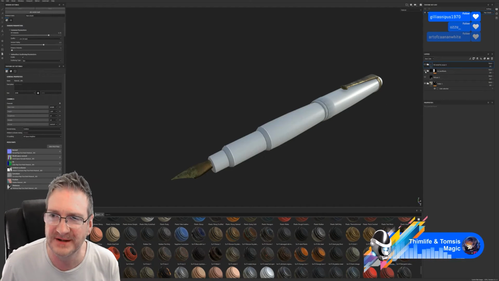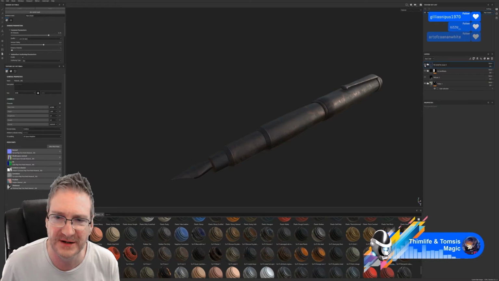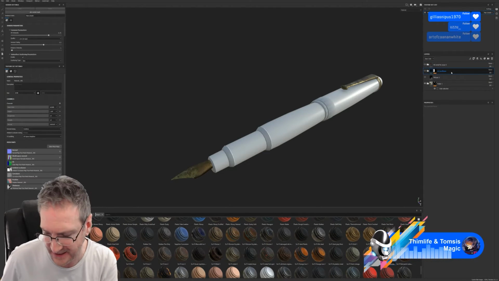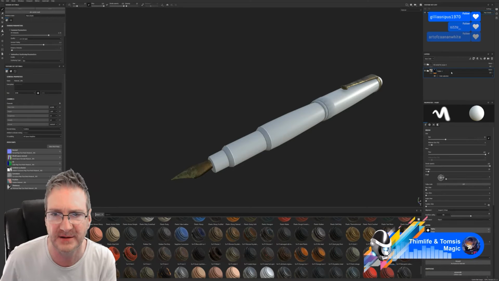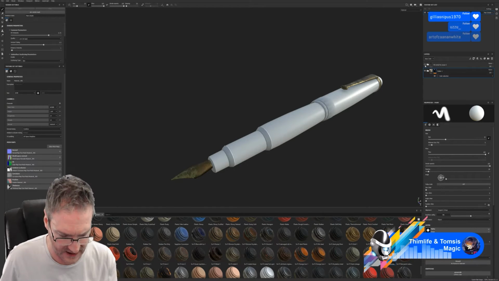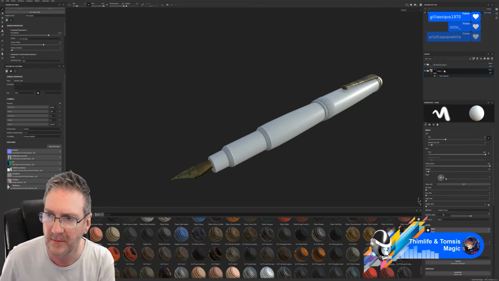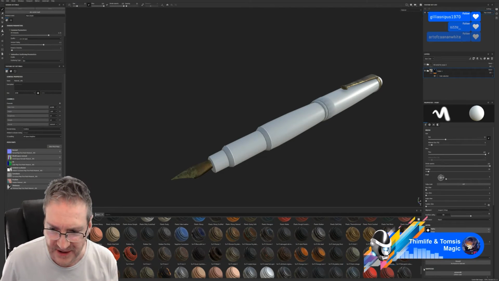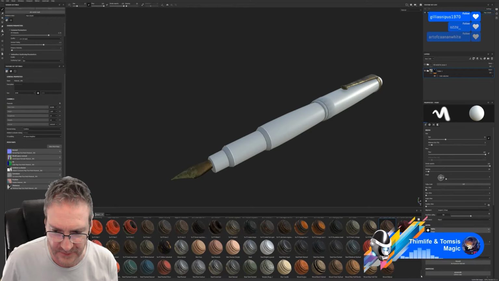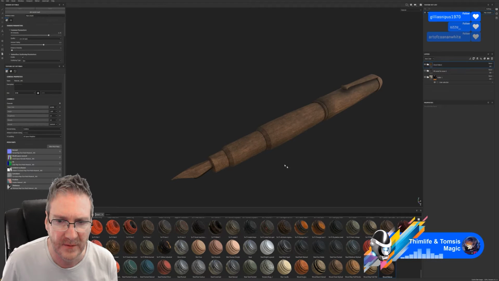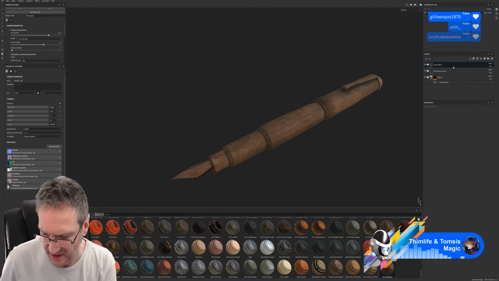So we started with plastic. We decided no, we didn't like that. Then we went to a metal, which might be okay. I'm just going to remove the plastic flag. There's no point in having it there if it's not needed. Wood. So we're looking for a wood. Let's have a look at the walnut. No, I don't like that.